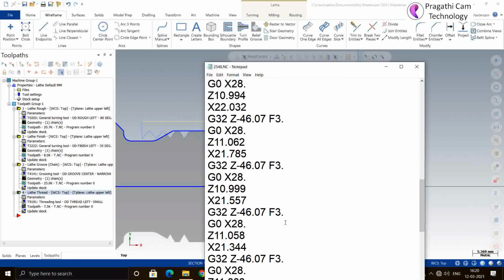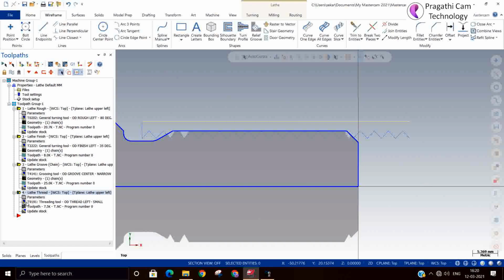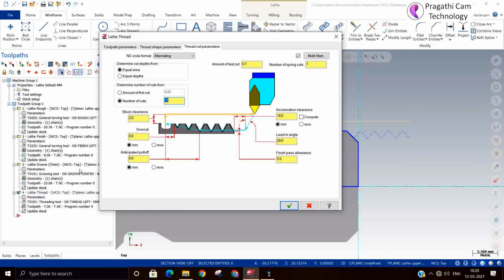Suppose your machine has some other G code for threading or some other parameters. Those things we can customize through the post processor and supply to you. There is no issue. This comes under customization.